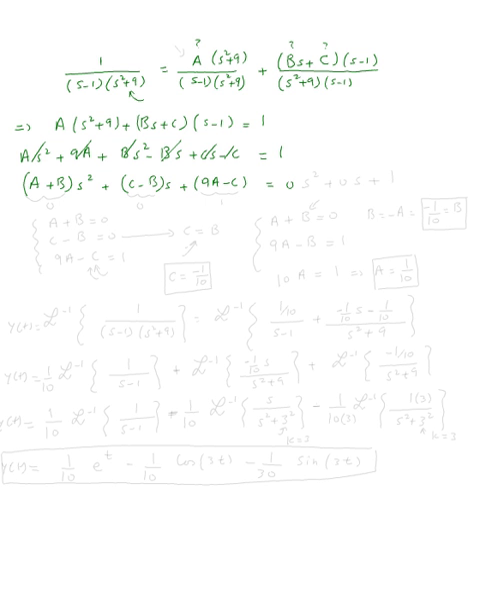But remember, 1 is the same thing as 0s squared plus 0s plus 1. So a plus b is 0, c minus b is 0, and this is 1. So the system of equations is a plus b is 0, c minus b is 0, 9a minus c is 1. So how do we factor this one? I mean, if you notice, the easiest way,